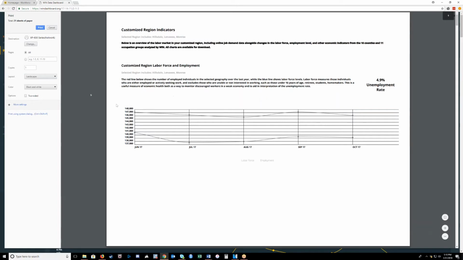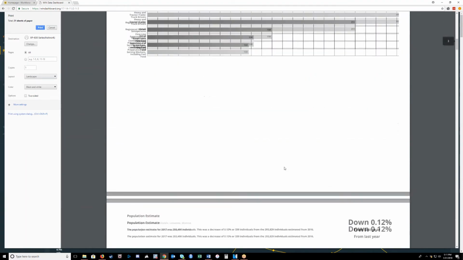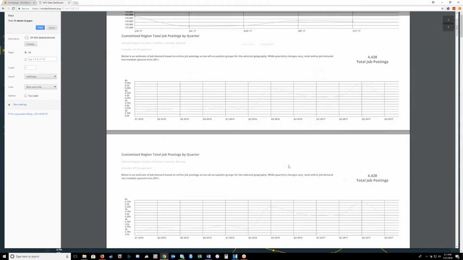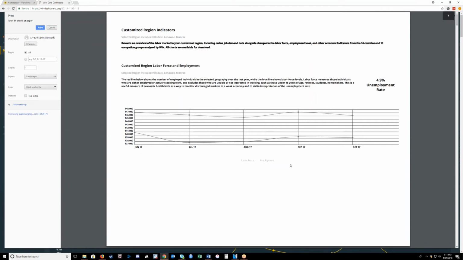It is recommended that you have the layout set to landscape so that the graphics don't get cut off due to the browsers. We can see here a print layout in the Chrome browser taking a look at all our graphics being printed. You can then hit print report and it will print each of these graphics and data points for you to use.